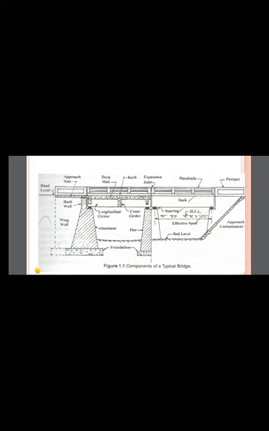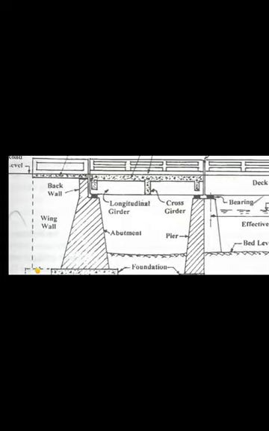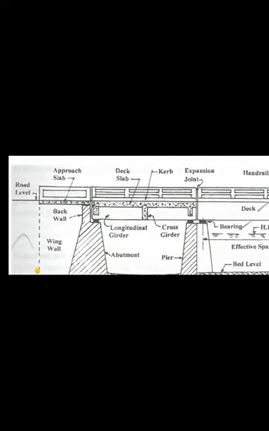Curb, you have studied in your transportation engineering, why the curb is provided. Okay, whatever load is coming from the deck slab is transferred to these girders, the longitudinal girders as well as the cross girders. From these girders, the load is transferred again to the piers and the abutments. Again from the pier and abutment, the load is transferred to the foundation, then to the subsoil. Clear?